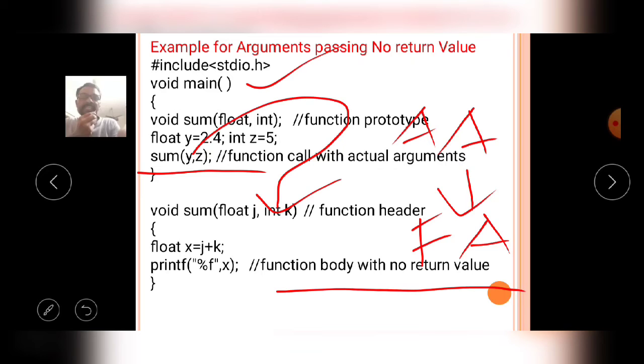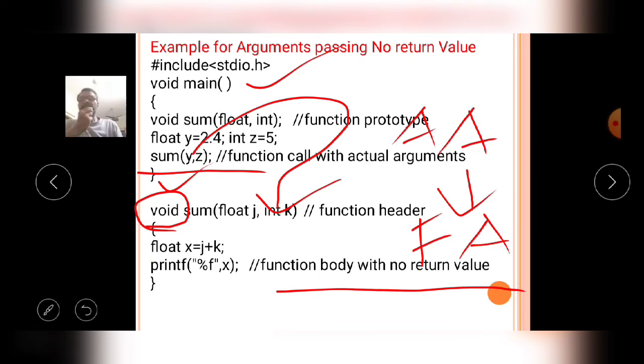That's why in the return type of the sum user defined function I wrote void. Void means nothing, that is, no value is returned. For that purpose you have to mention the void keyword before the name of the user defined function.